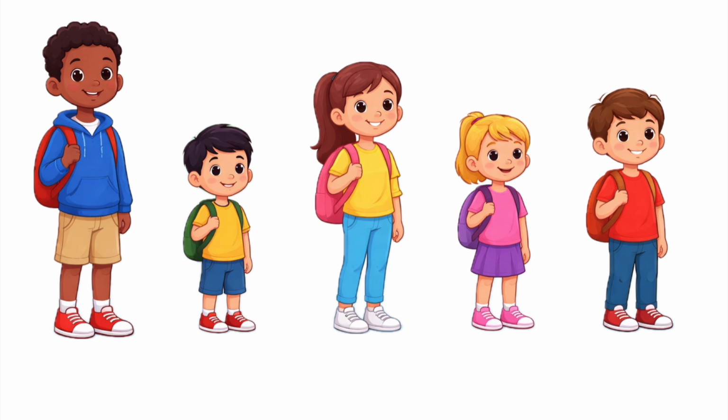So let's consider the same scenario which we have seen in our previous videos, where the students are standing in a line and I want them to stand in an order based on their heights, that is from the shortest to the tallest. The two steps in insertion sort are: I'll keep the left side sorted, and I'll keep on inserting the next student, who is right next to the left sorted side, in its correct place. So insertion sort works just like arranging cards in your hand. When you pick a new card, you don't reorder everything, you just insert it in the right place. So let's start with our animation.